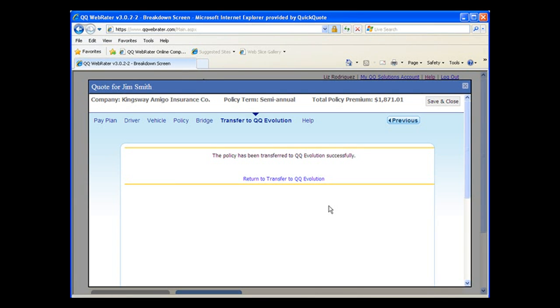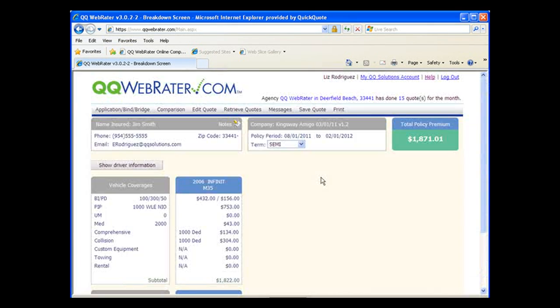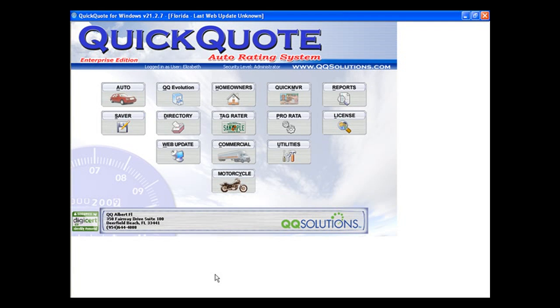We also would like to show you how to transfer your quotes that are saved currently in QuickQuote into QQWebRater. So let's go ahead and do that. In order to show you how to transfer your saved quotes from QuickQuote into QQWebRater, the first thing I want to do is just save and close out of this section. The next thing I'm going to do is simply go to my QuickQuote that's on my desktop,